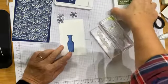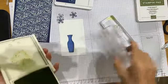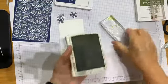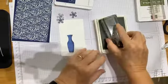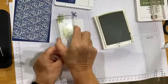And then I'm going to stamp this up. I think I'm going to use Pear Pizzazz for the large one. Nice soft green. And I'm just going to go for it. Now, it might come out the side of my...